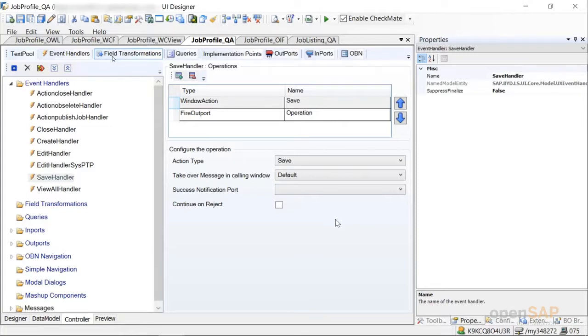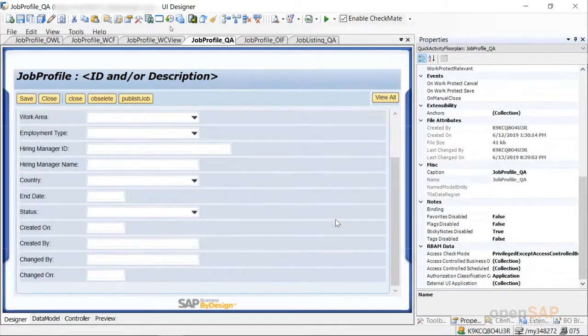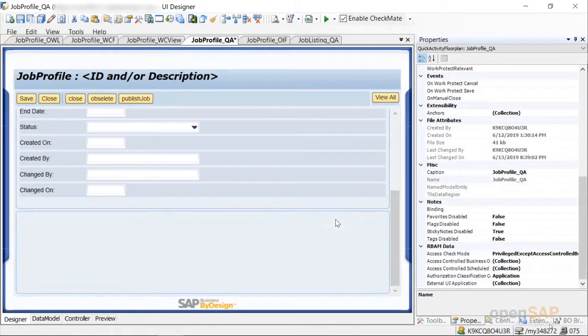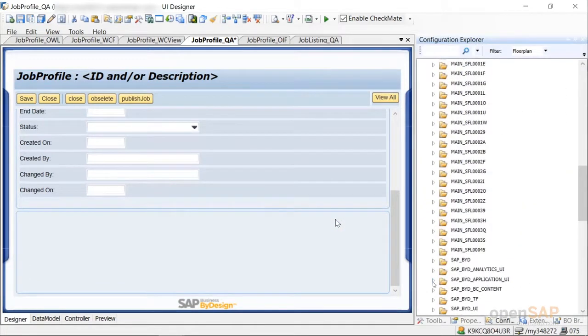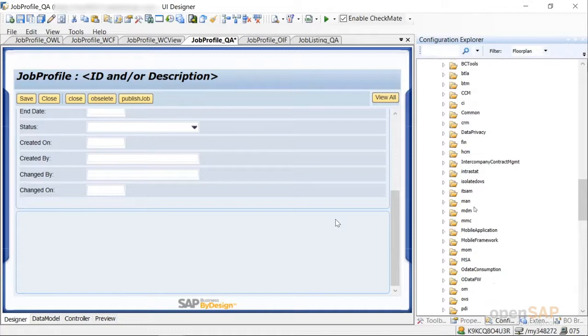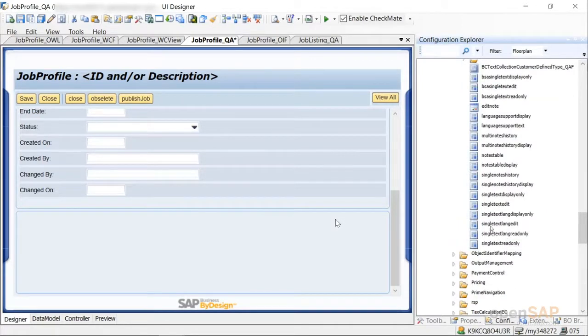Now, in the job profile BO, we have added a field or a node with the text collection. I would like to show how to do that on the UI. So, first I add a flex layout row, I go to the configuration explorer, it is an embedded component. So, I am looking for that. So, I go to SAP byd8 application UI, under the reuse folder, as part of the nodes you have an embedded component here by the name single text edit. So, I drag and drop,